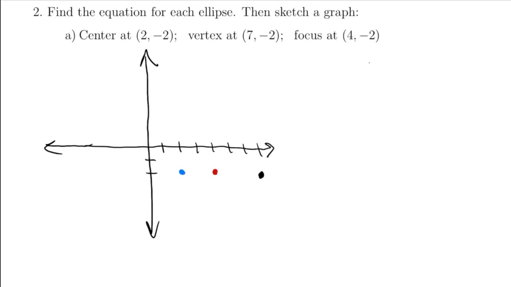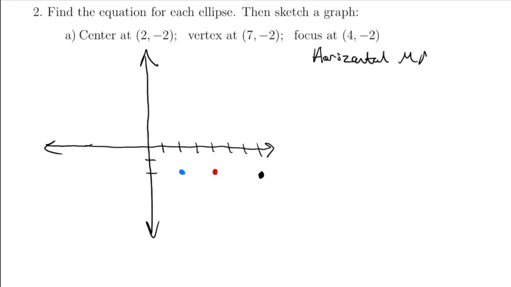That means I have a horizontal major axis, right? So that's going to help me when I get my equation, because it's going to tell me that my a squared is going to be in the x term, right? Under the x, and the b squared is going to be under the y. So I'll just make note of that. Horizontal